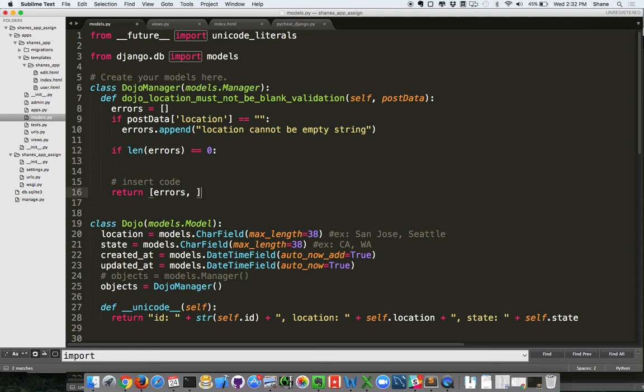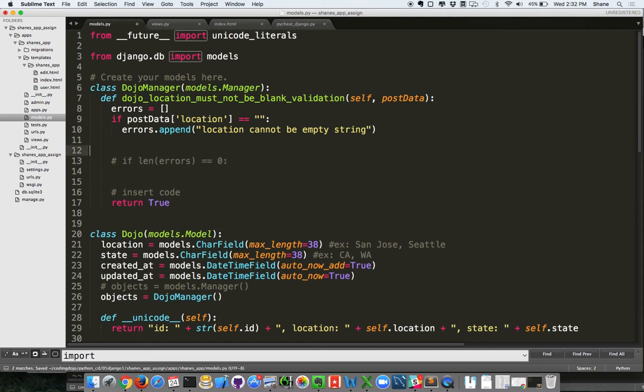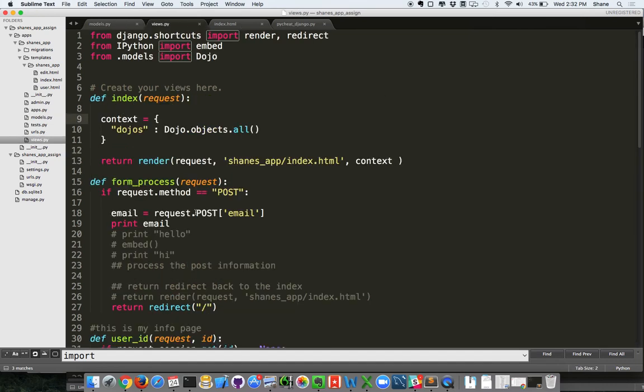Okay, I want to make this a little simpler. I'll build this out more as we go. So I'm just going to go with this first. I'm going to print the errors. Okay, all right. So I'm starting with an errors array, and I'm going to be passing in some post data with the key of location. And if that happens to be empty, then I'm going to add this string to my errors array. Okay, so here in my views.py, I can actually call